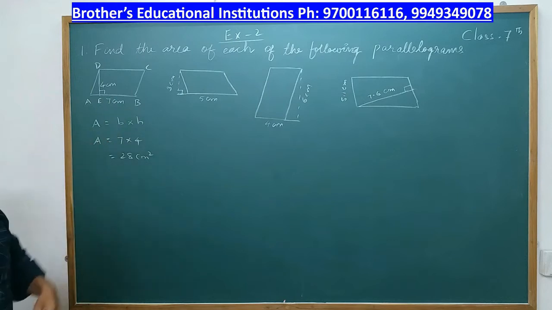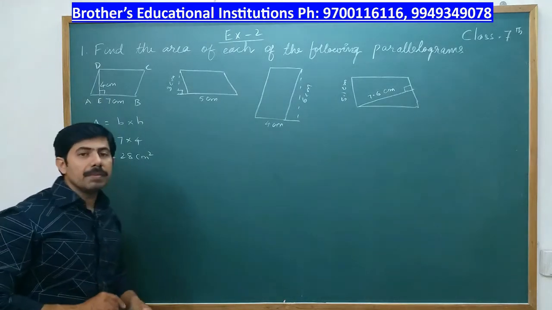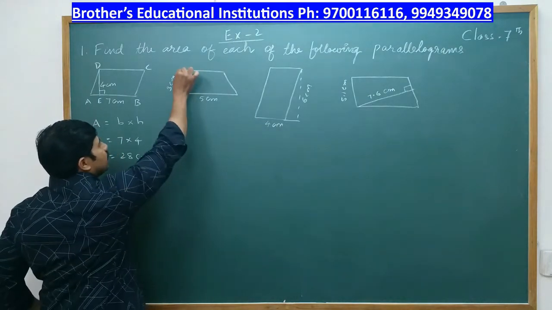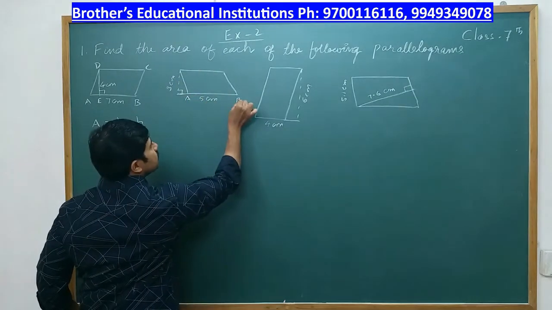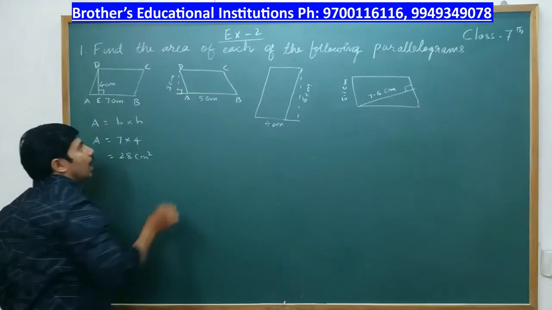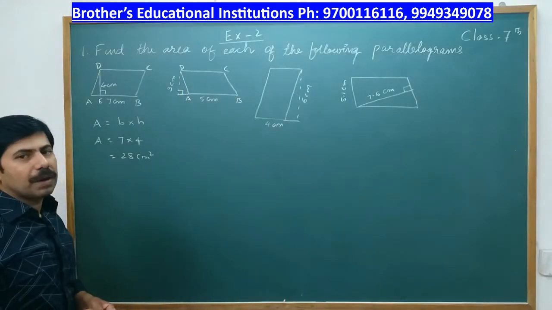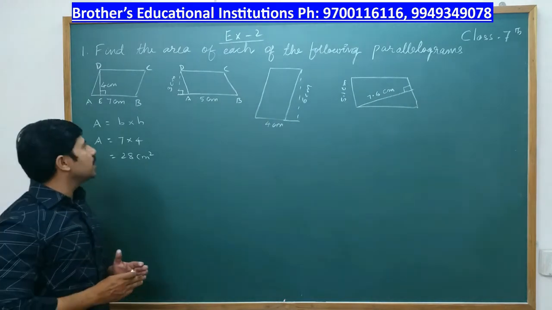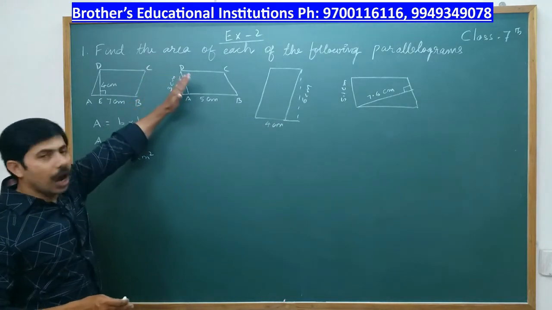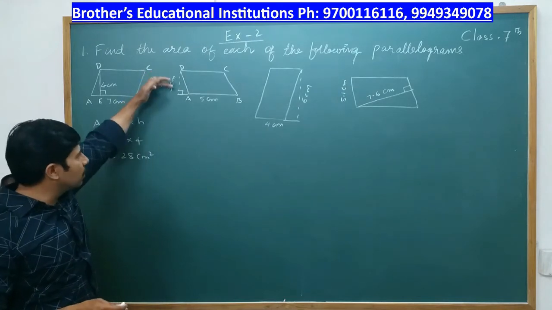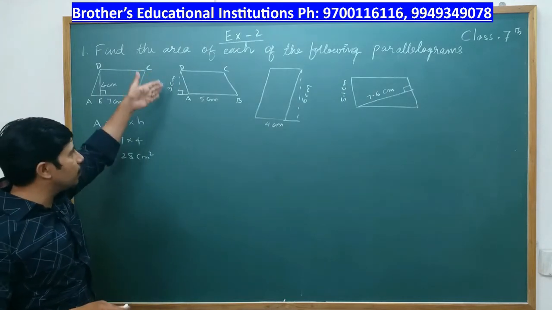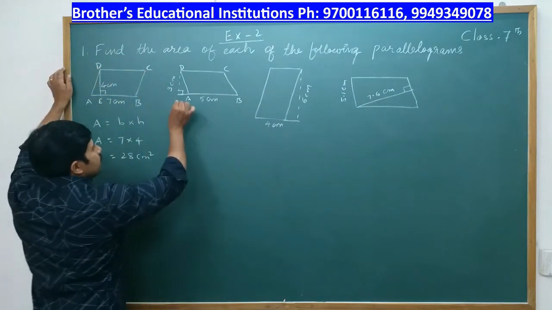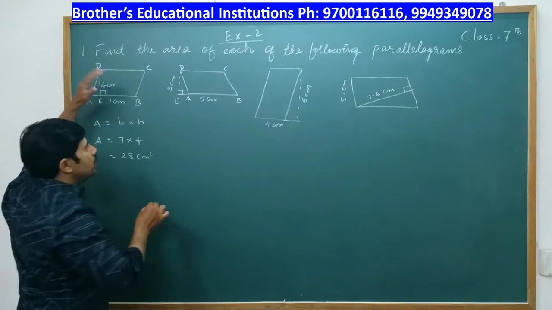So now we'll see the second one. Remember, altitude is always perpendicular to the base. So that is the reason. See, now you have ABCD, a parallelogram. But how to represent the altitude of this parallelogram? Altitude should always be perpendicular to the base. That is the reason the altitude is shown outside the figure. So a perpendicular line they have drawn. They have extended AB and drawn the altitude. So we can represent this as DE again. So DE is the altitude.